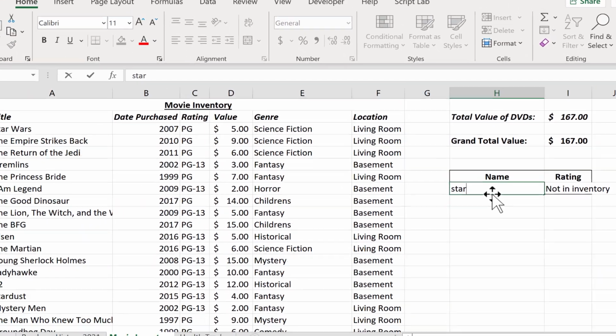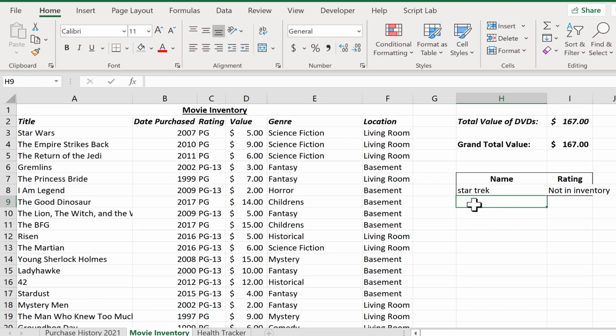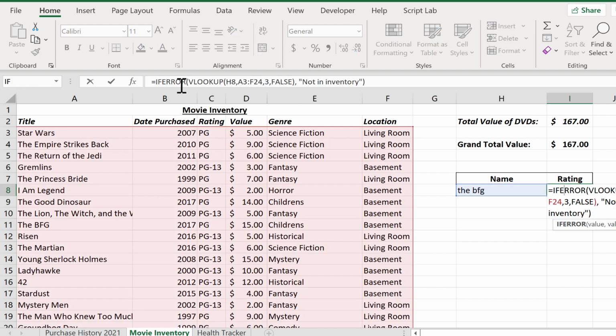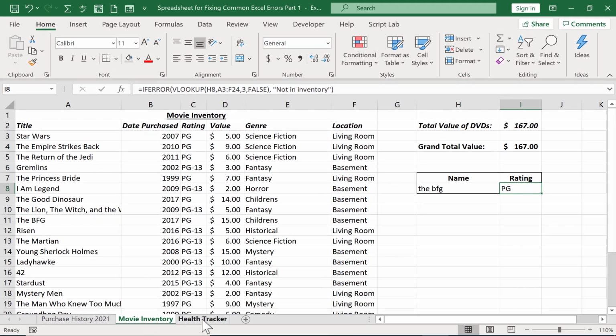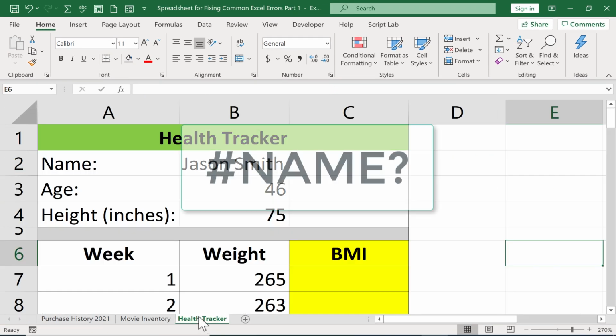So now if I type in Star Trek, that's also not in inventory. But if I type the BFG, it is there and it has a rating of PG. So once again, this IFERROR function saves the day and makes our spreadsheets look not so ugly when these error messages come up. There's one more error message that we're going to tackle in this video, and that is